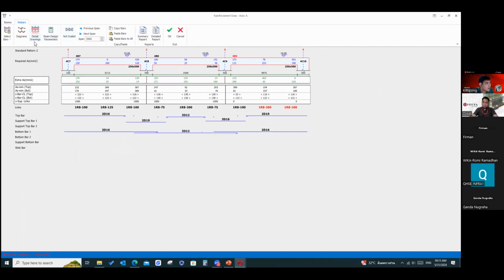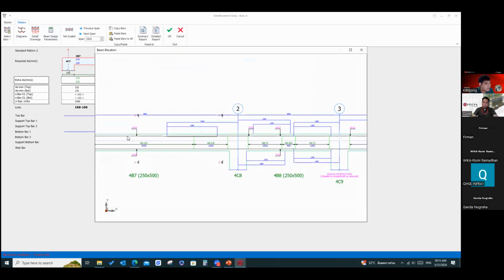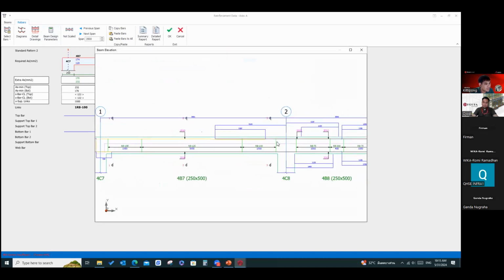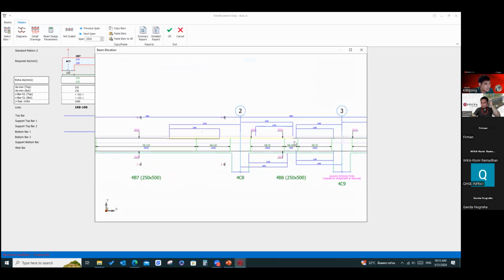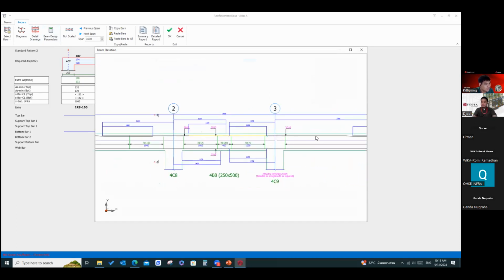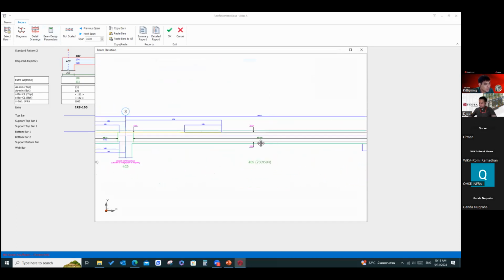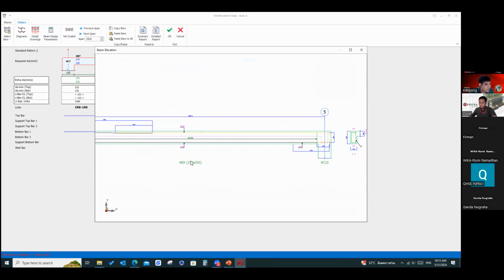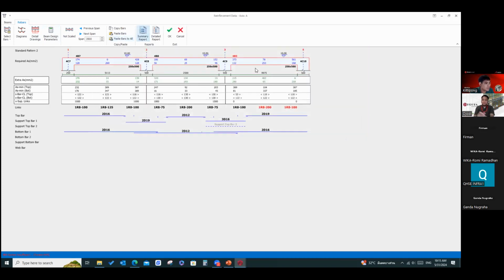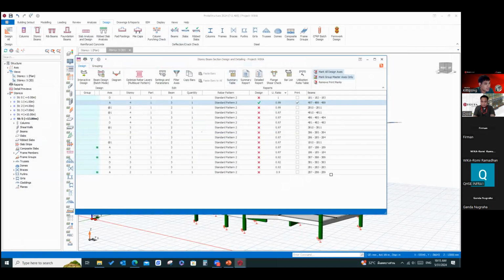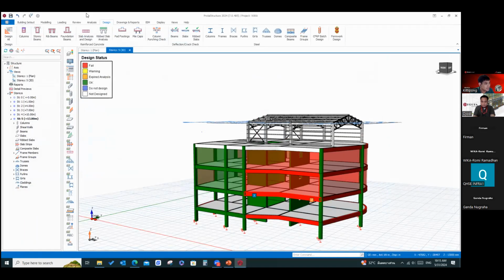Yeah, they also provide the rebar detail. See? Okay, this is the detail of rebar. It will show you on the drawing also. Or okay, maybe this beam is too long. Okay, we have to change the design a little bit.